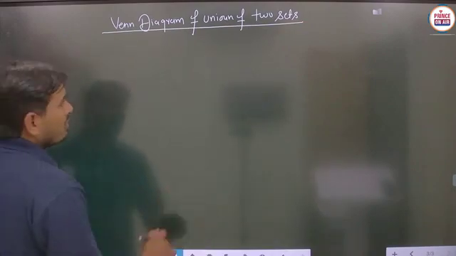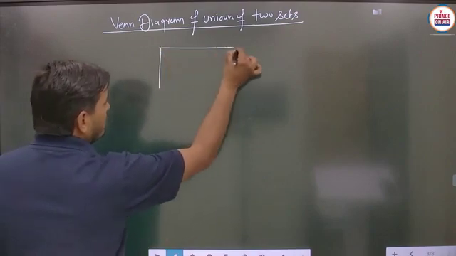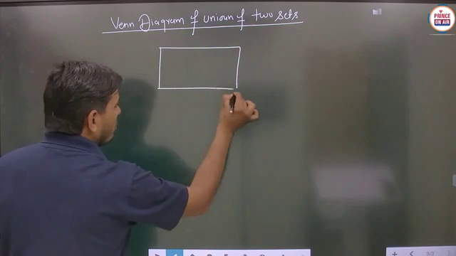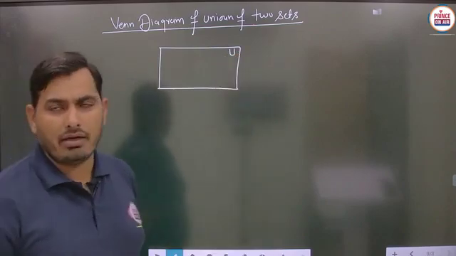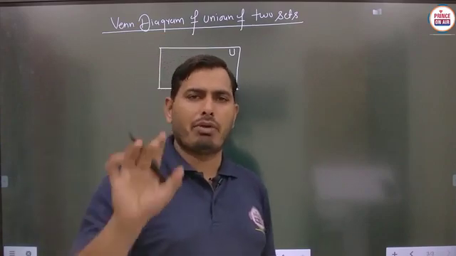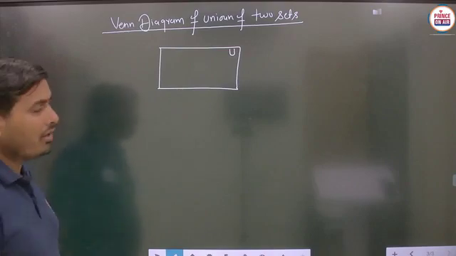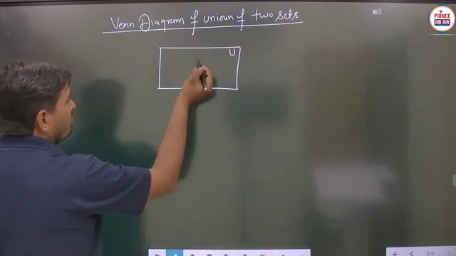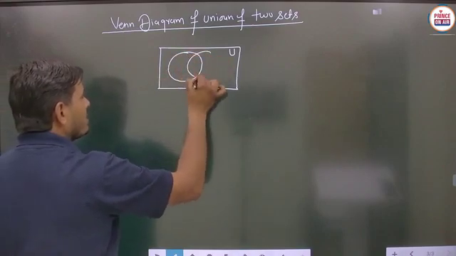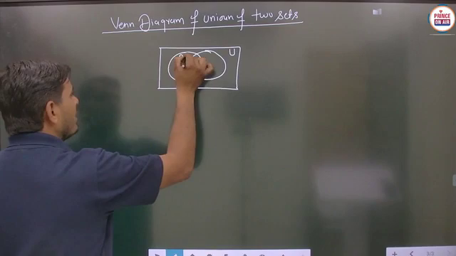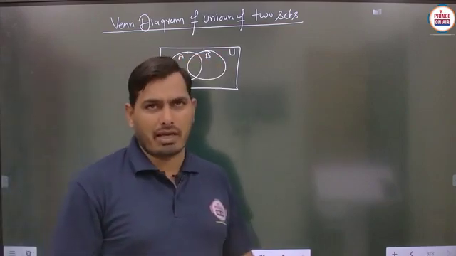So suppose we have to draw the Venn diagram first of all. Student, basically you can take any universal set here, and generally it will be represented by the symbol U, and the diagram for the universal set is generally a rectangle. Now suppose we take two sets. Generally we take the two subsets with some common elements. Suppose the sets are not given, then in general we make the diagram like this. Is it clear?